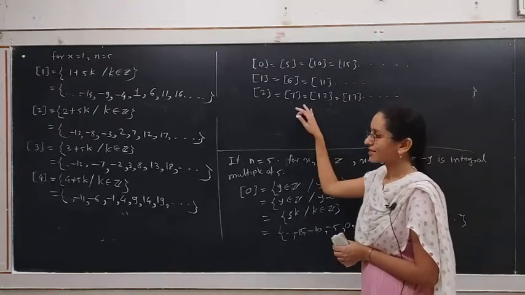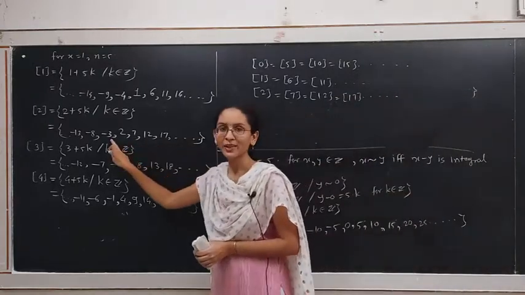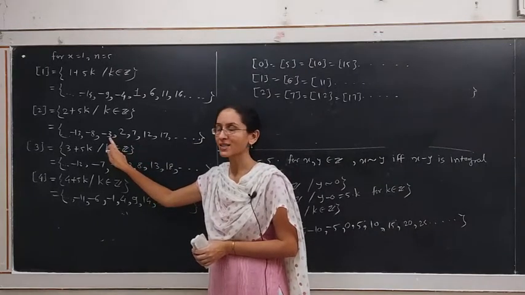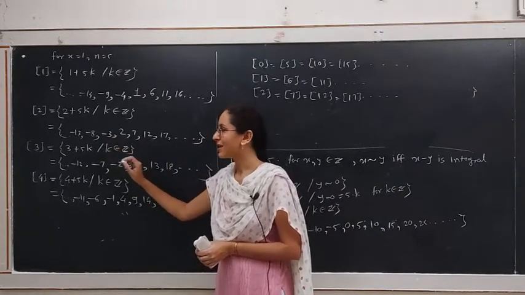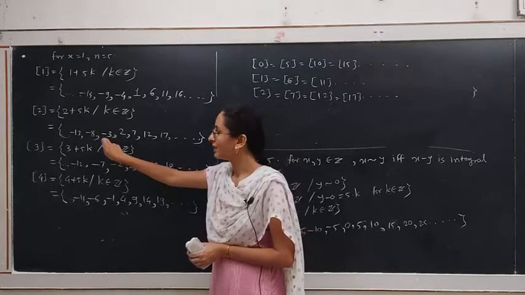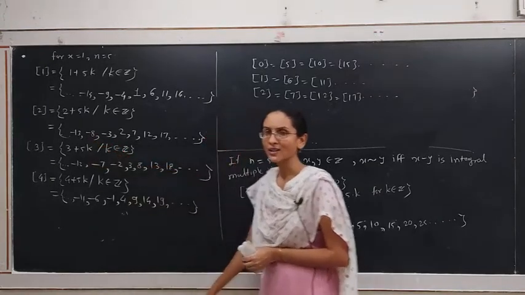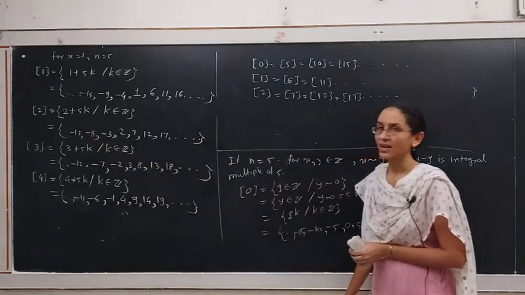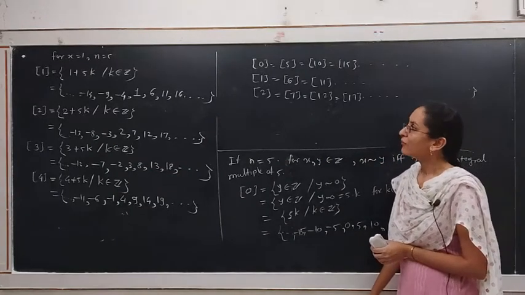Also we can compare these equivalence classes with the equivalence classes of negative integers. Equivalence class of minus 3. You can also try this exercise: find the equivalence class of minus 3 and the equivalence class of minus 8. All of these coincide with the equivalence class of 2.